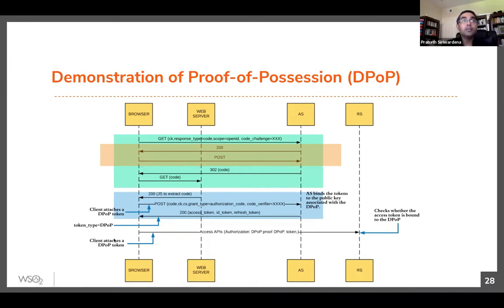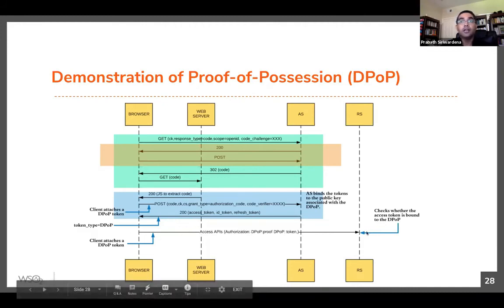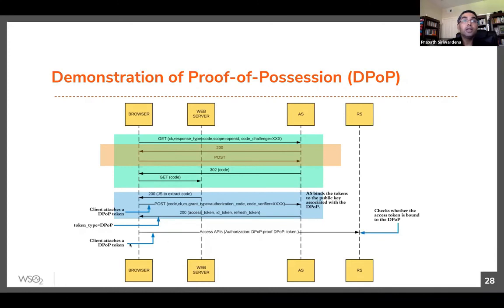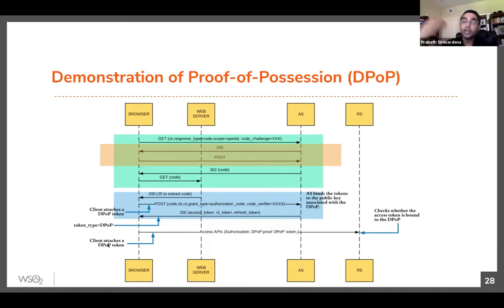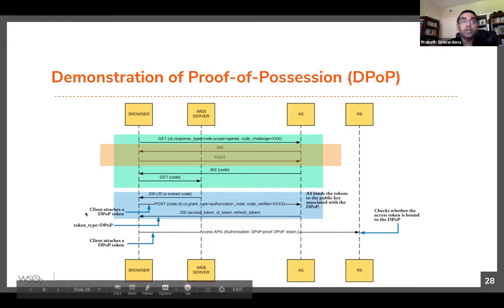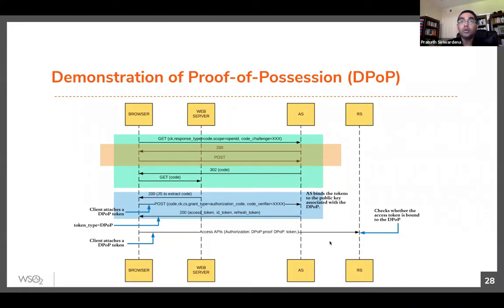Then when the browser wants to invoke an API in the resource server, it also has to include a DPoP token. You have to generate another DPoP token with the same keys you generated in the first place, right? You generate a new JWT, and that JWT should include the HTTP method and the URL corresponding to the resource server endpoint, which should not have any query parameters or URL fragment.